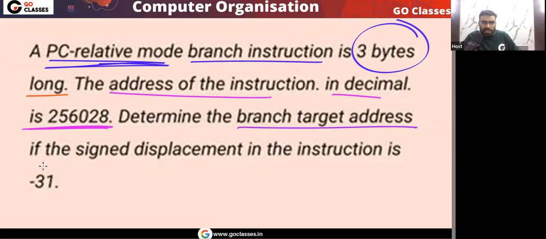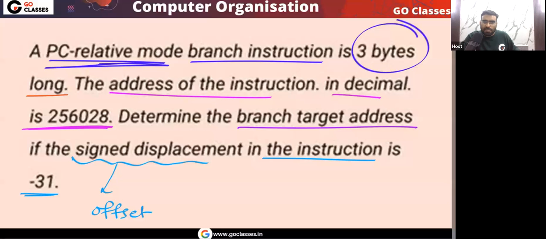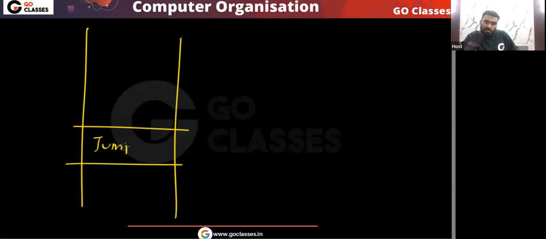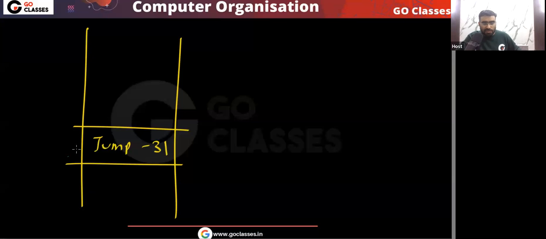Determine the branch target address if the signed displacement, this is your offset, is -31. So tell me what will be the answer. Very simple. You have a jump instruction here, and the branch offset is -31. You can see in the instruction, this is -31, and the address in decimal is